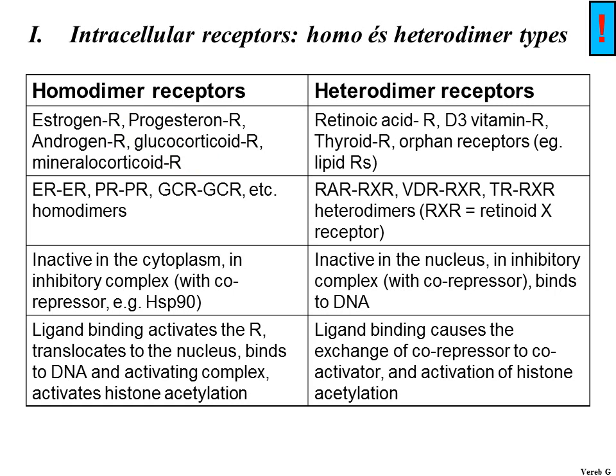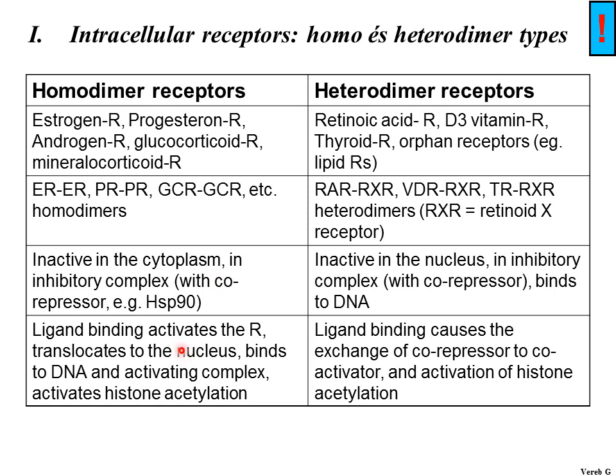So the fact that they are homodimeric means that when this dimer is formed that I showed in the previous slide, this is a dimer between two identical receptors, like two estrogen receptors binding both estrogens, or two progesterone receptors binding each progesterone molecule, and so on and so forth. And as we said, they are inactive in the cytosol, bound to some co-repressor or inhibitor,